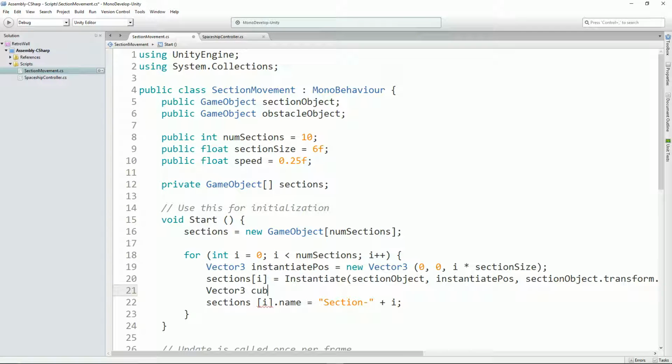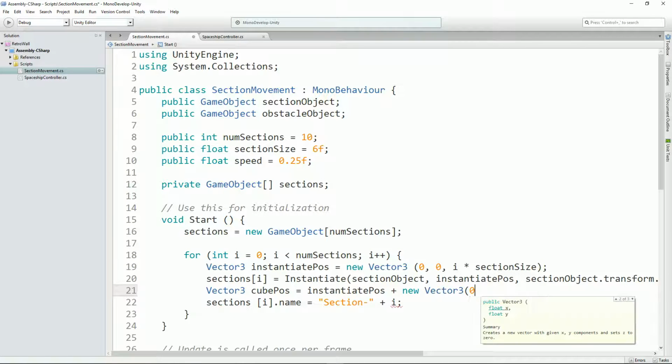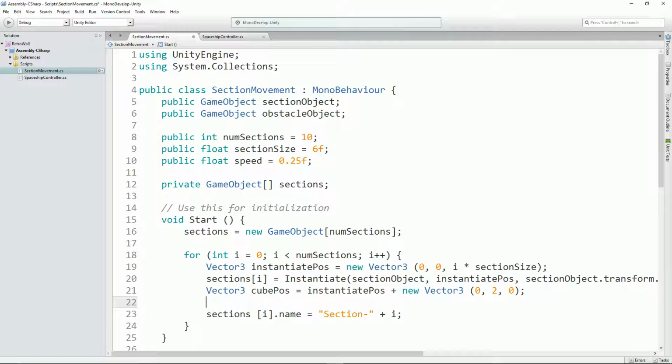Cube pos equals instantiate pos plus new vector 3. I'm just sort of making this up a bit now. So it's just the y I want to do it on: 0, 2, 0 bracket semicolon. Is that going to be kind? It seems happy for me to do that, which I thought it would do. And now we'll say